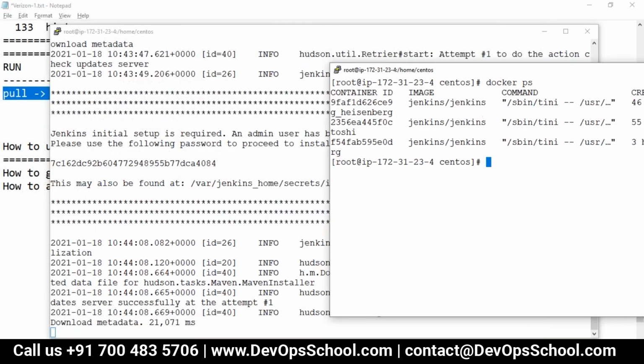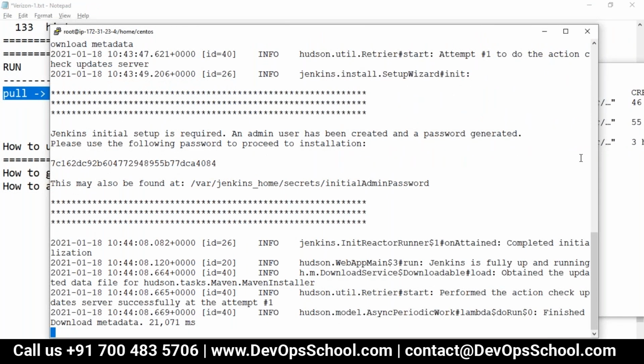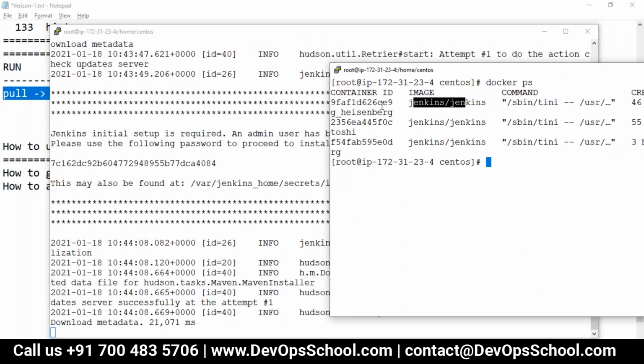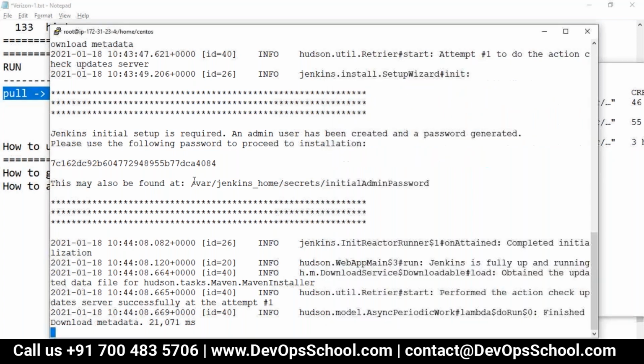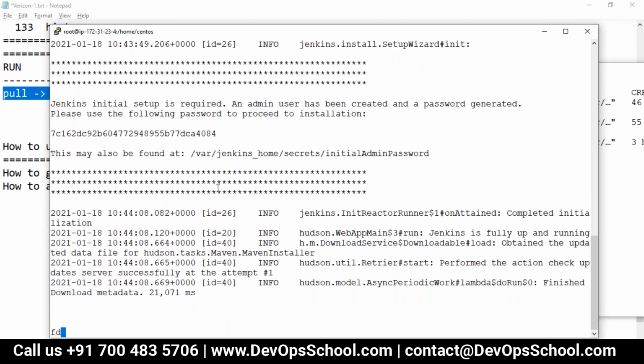See here. Last time I was in bash, and this Jenkins container which you see here is running with this command, sbin-bintini, and some parameter here which is hidden right now. I'll show you a little later. Don't worry about that. So you are in Bintini now. That means I'm on Bintini. Can I type something?